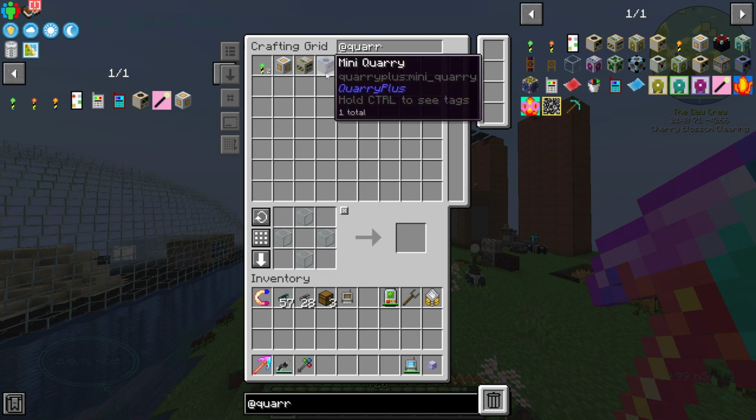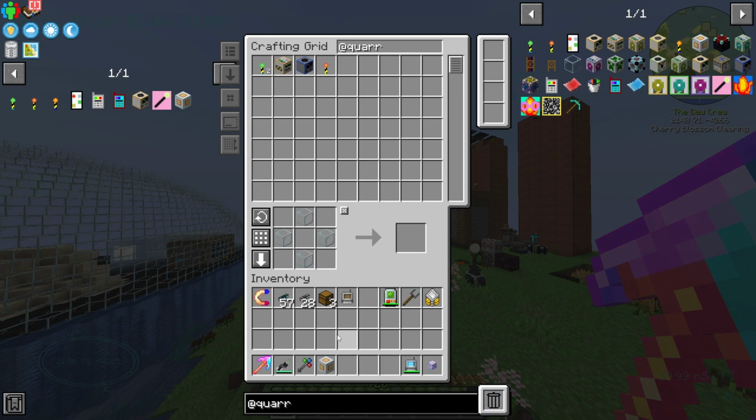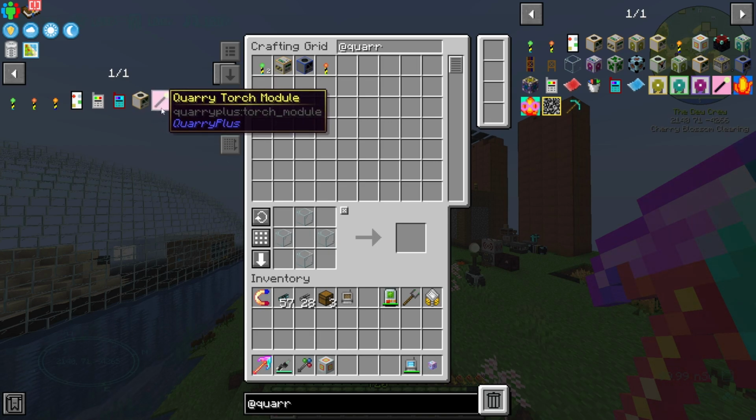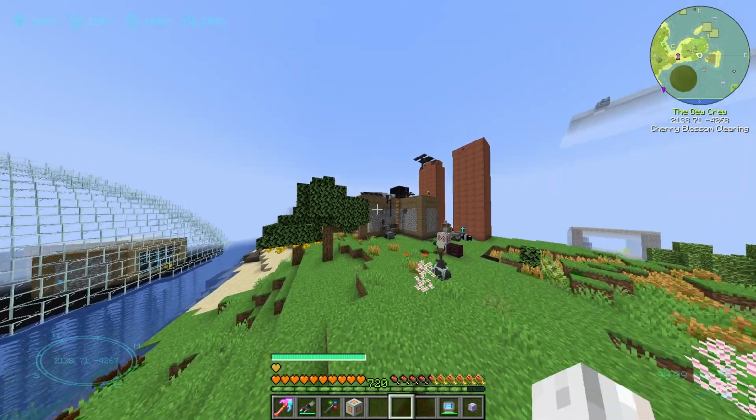And we made a mini quarry. Not even sure if we got that working. So we'll take this workbench plus with us. But what I want to do this episode is check out the Quarry Plus. It's the name of the mod, so it should be pretty good. And then there's some torch modules. There's a bunch of different other bits and bobs that I don't know what they do, but we can check